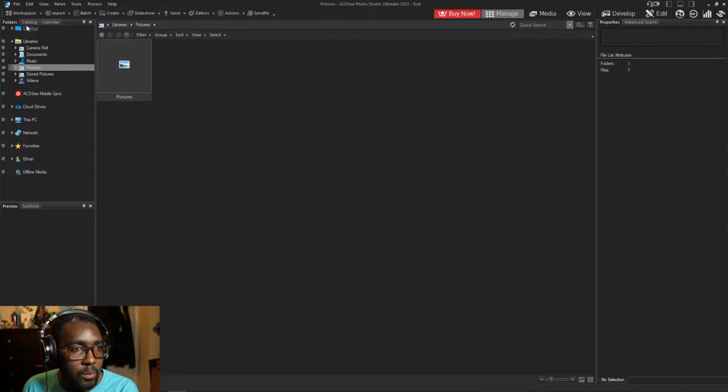Right, so my understanding, let me open this up big so you guys can see me. It's my big beautiful face. My understanding is that Photo Studio Ultimate is like Photoshop and Lightroom. ACDSee also has a product called Gemstone, which is also like Photoshop slash Lightroom. So I'm just trying out one. I'm trying out this one to see how much of Photoshop or Lightroom it's like, and then maybe I'll also